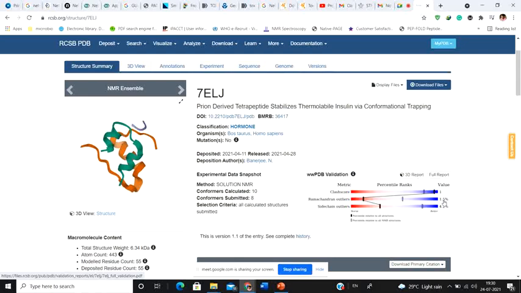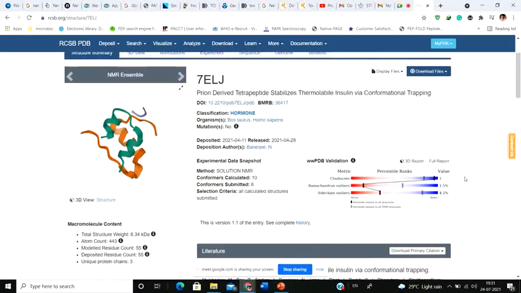You are going to have multiple conformations, because in solution a protein achieves multiple conformations. In your body a protein has multiple conformations, it can shuffle between conformations A, B, C, D, like that. But in crystallography, since you are crystallizing a protein, you are entrapping it in a particular conformation, and that's why it's easier to solve the structure of one protein conformation. But in solution NMR, a protein is going to shuffle between multiple conformations, so you are going to find that a particular amino acid is simultaneously present at 4 different locations. So obviously the RMSD is going to be high. Okay, so that is why the Ramachandran outliers are more in the case of NMR structures.